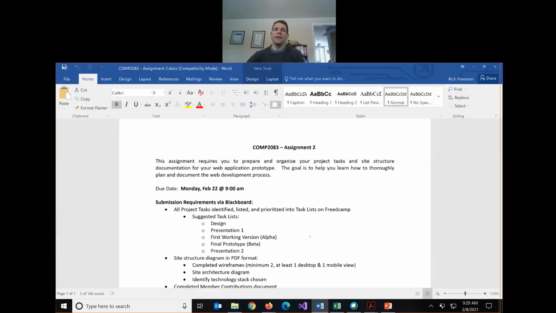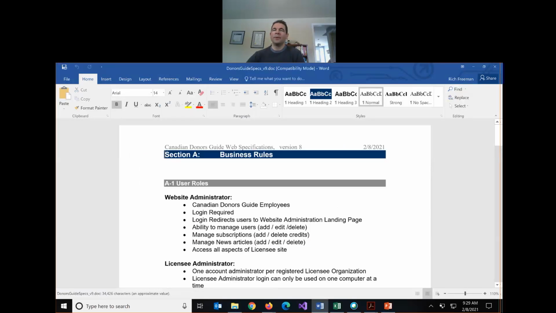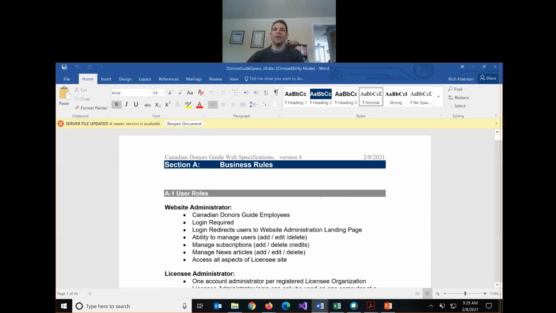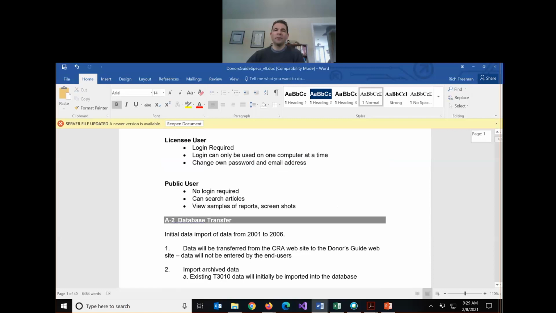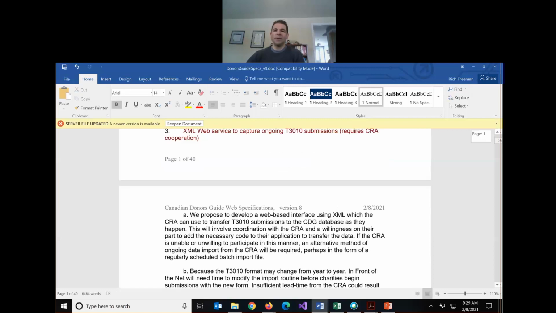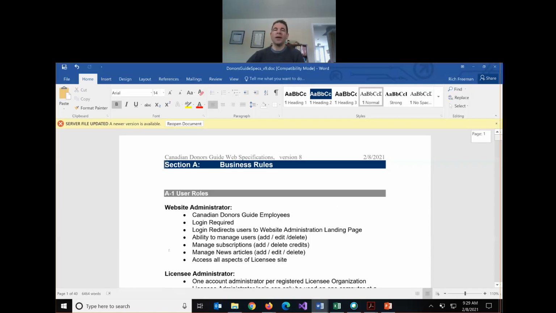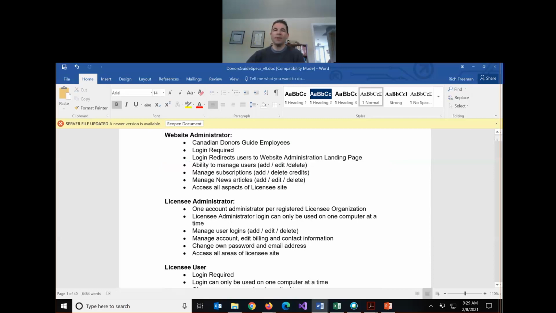This is an old one, from when I was strictly using the waterfall approach. It was a specification document that we did for a client project. I think we quoted on this sometime in 2009. You can see the number of pages here. This is a 40-page spec document